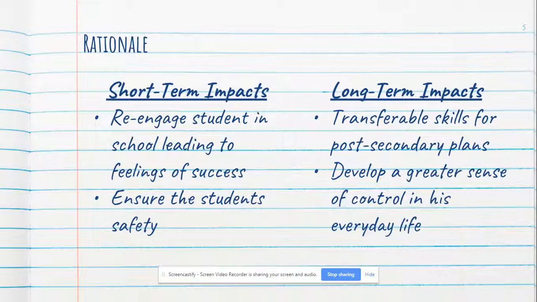It is important for JD to master these behaviors because they can be transferred to any public setting, including a workplace, where he will be required to complete tasks and remain in a specific area in order to get the job done. Working towards these behaviors also helps JD develop a great sense of control and success in the school environment. As a result of the structure and clear expectations,